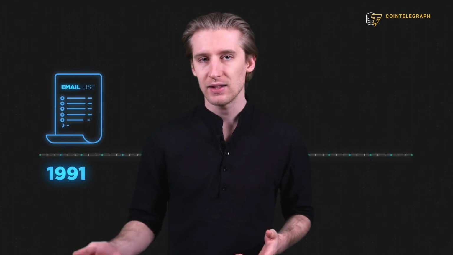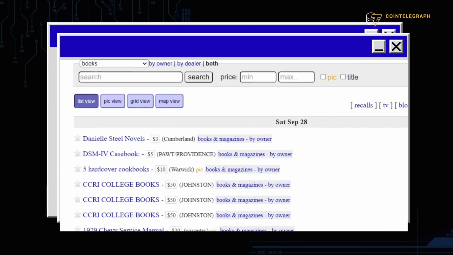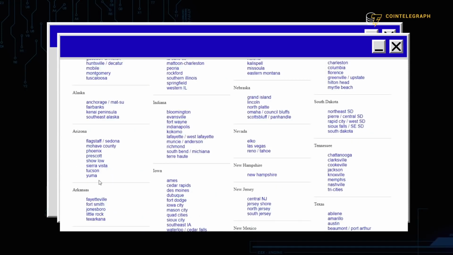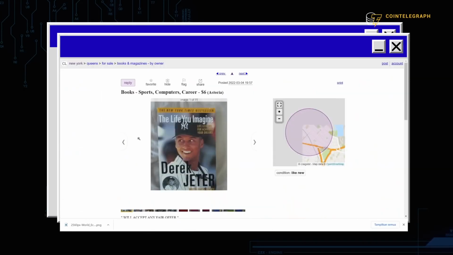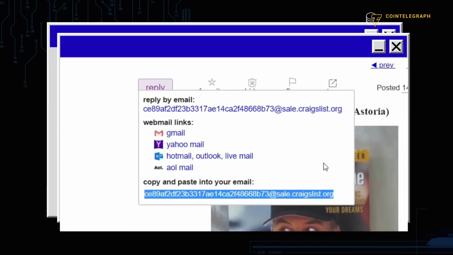It began as an email list for a group of friends in 1995 and eventually grew into a website in 1996. The design is simple. Text on a web page. Almost every piece of text is a hyperlink leading you to another web page within the Craigslist domain. There are no profile pictures, no moving elements, no external links, and no messaging services. You can't even interact with the post directly. If you want to reply to someone, you have to hit the button, then email the automatically generated address on your own. This is why we call it static.